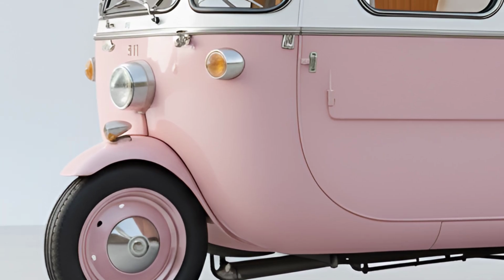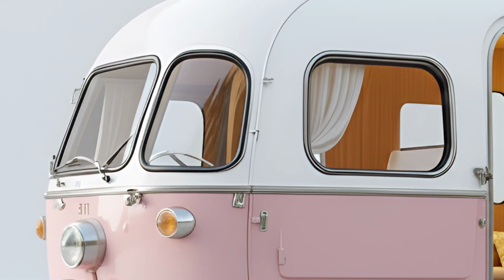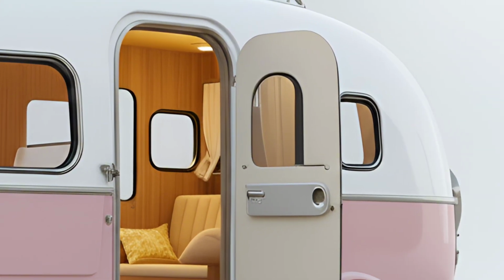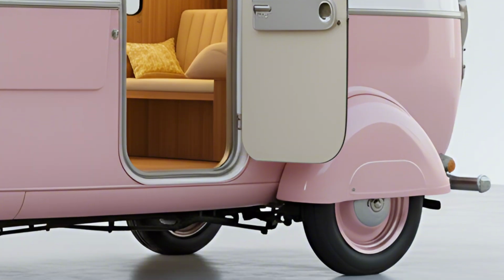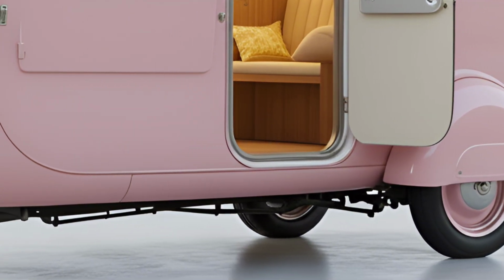Now, in terms of value, the novelty factor is strong. Owning a vehicle that turns heads, starts conversation, and enables different kinds of travel is a big plus. However, novelty can come with trade-offs. Resale value may be uncertain, service network may be smaller, parts may be harder to source, and